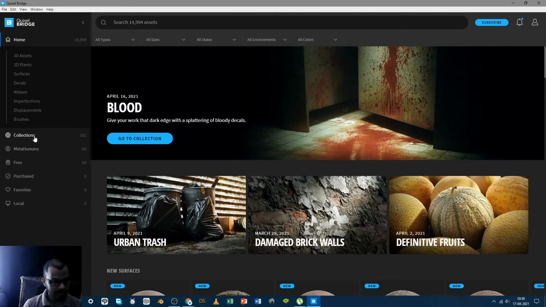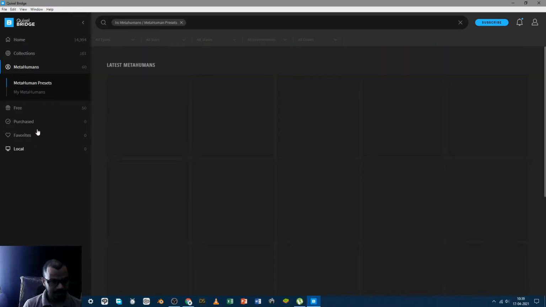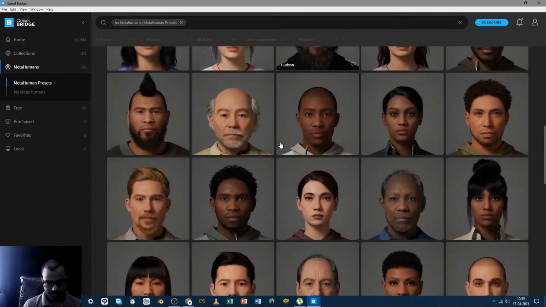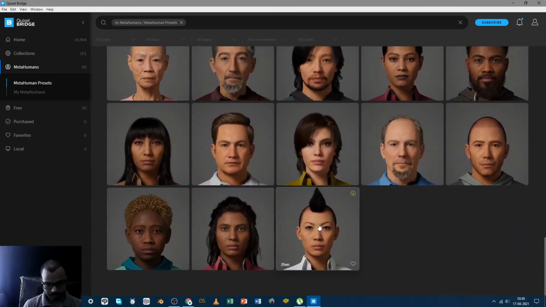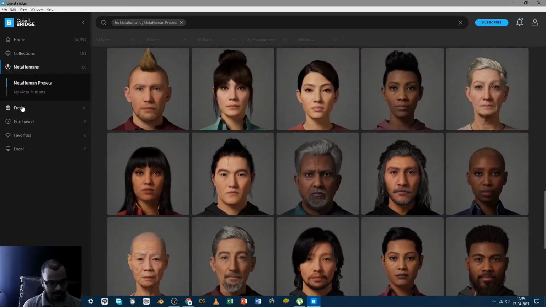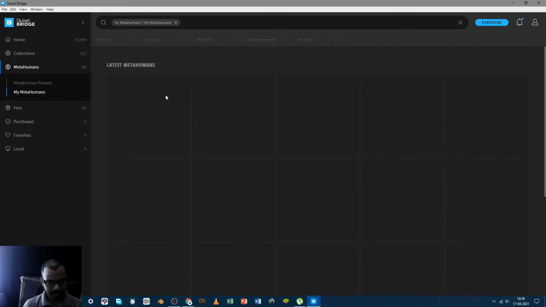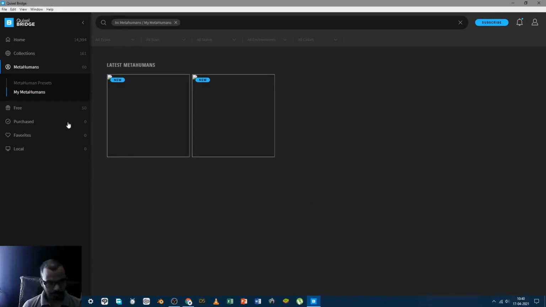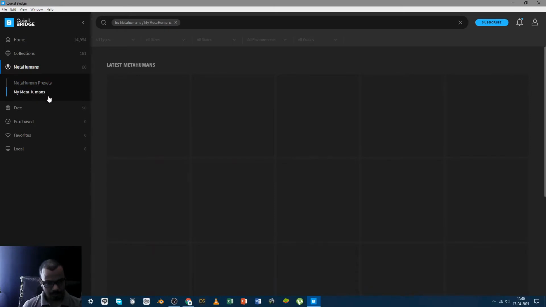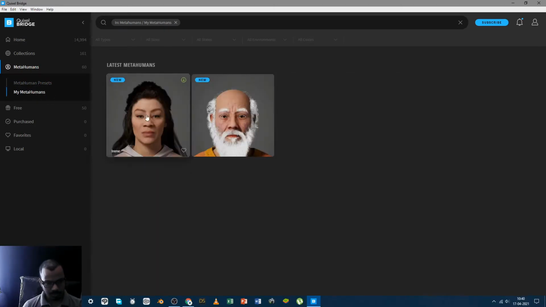And within Quixel Bridge I found MetaHumans here. These are some variants, around 60 I believe, and this is my variant. I was trying MetaHuman yesterday and there are two faces here. It's taking a bit of time. I think I have to pause my downloads. Here it is. The preview should show, and yes, now it is visible.